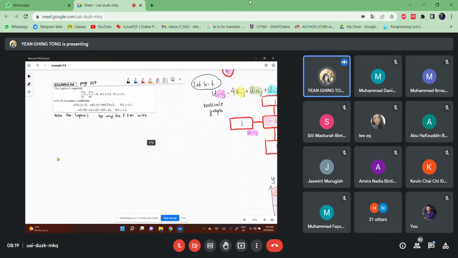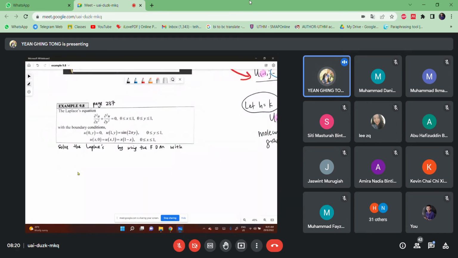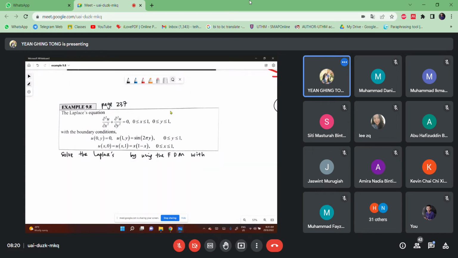We go to Example 9.8 on page 237. Here it says the Laplace equation, second partial derivative of u with respect to x plus second partial derivative of u with respect to y equals 0, for x larger or equal to 0 and smaller or equal to 1, and y is the same, with the boundary conditions. For Laplace and Poisson, you are given the boundary conditions, so left, right, bottom, top, all the values we have to fill in, and then solve the Laplace equation